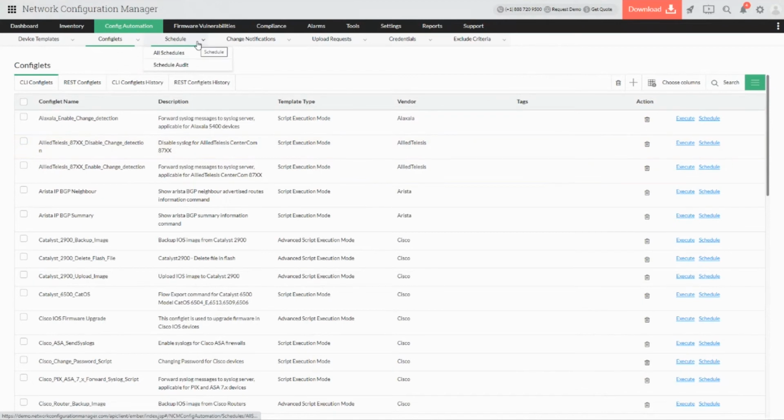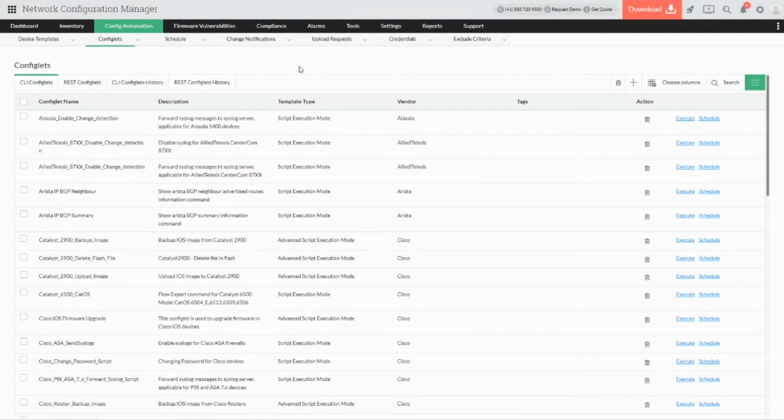And likewise, you can have a schedule. For example, an unauthorized priority change has happened in a router, in an uplink router or a downlink router. A particular rule has been changed or a particular configuration has changed, which is a security violation in your environment. So when the product detects that change in configuration, you can immediately use the config automation to push the previous backed up configuration to the router, so that there'll be no security breaches happening in your environment. So this is how you can use the config automation from the NCM to have a better secured environment.